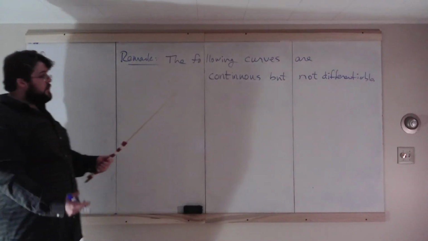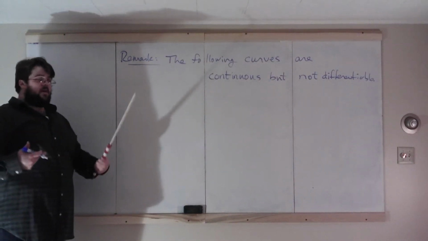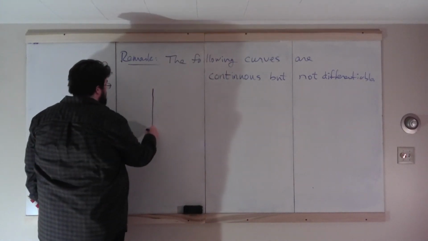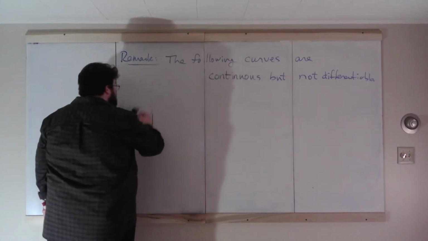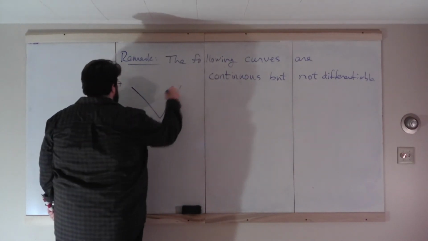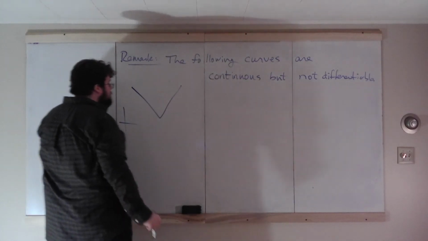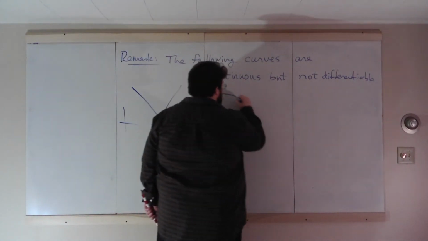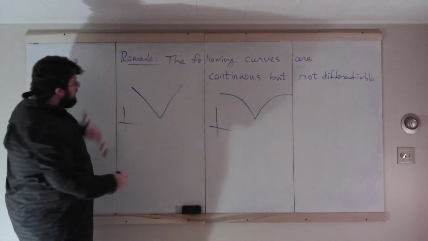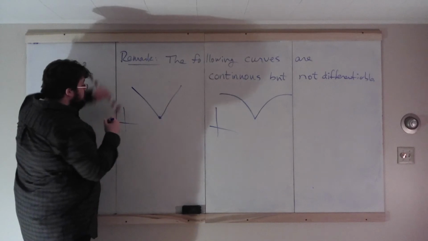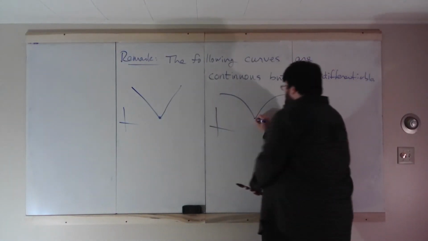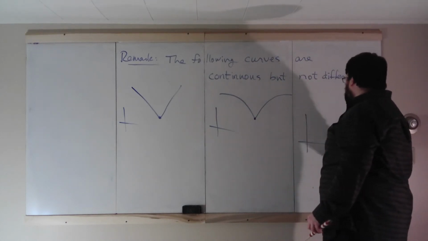So all of these curves, there will be 3, will serve as converses to that theorem. 1. I don't need a Cartesian plane. Why would I need a Cartesian plane? Some curve that looks like this. Let's throw a Cartesian plane on it. Why not? A curve which looks like that. So the first one looks just like the absolute value, and it's not differentiable here because these tangent lines jump around. This one, not differentiable here,